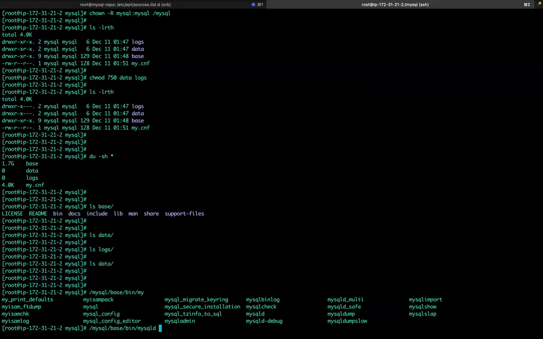This is RHEL, right? So /etc/my.cnf. But here our my.cnf location is different. So we need to tell where my.cnf is located, right? So how can we tell? There is an option, --defaults-file=/mysql/